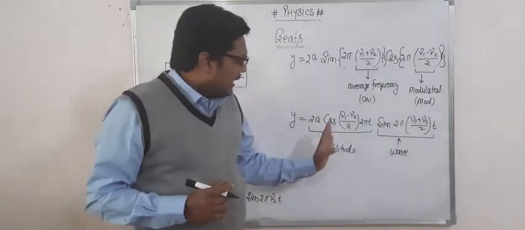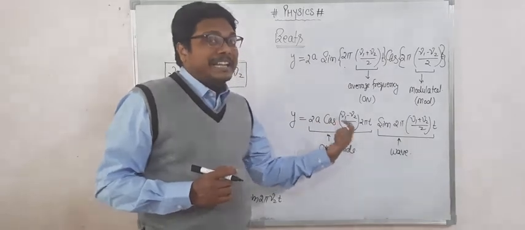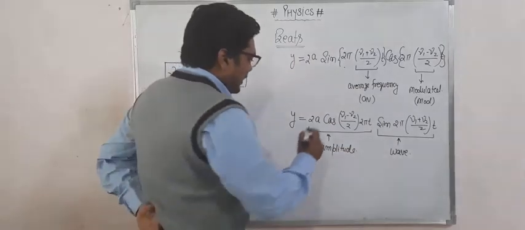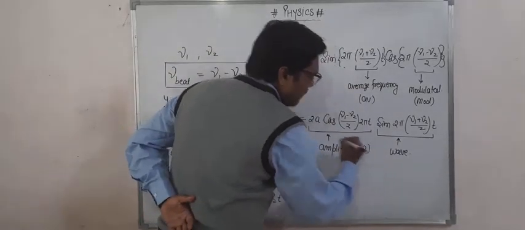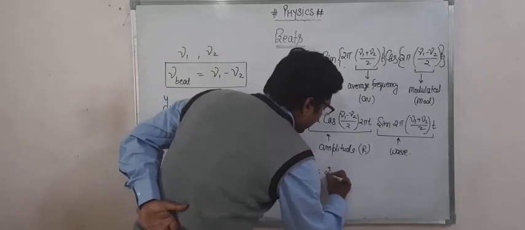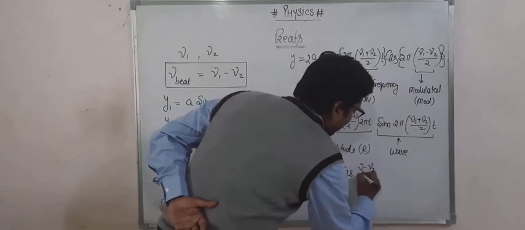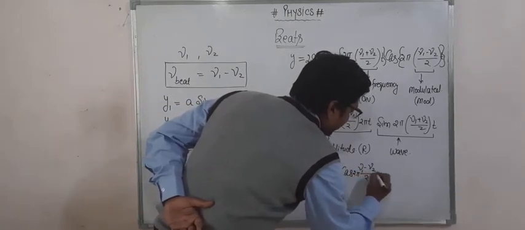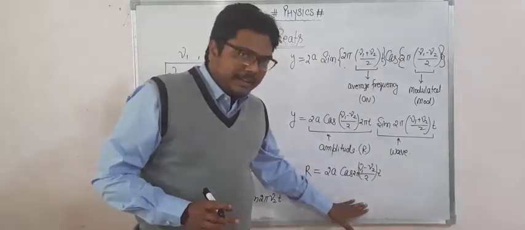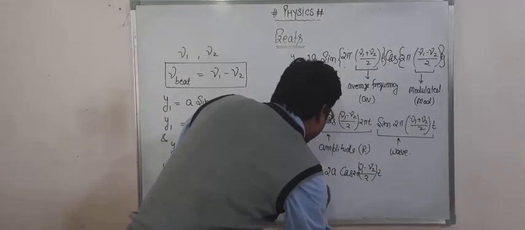From the amplitude factor, very clearly you can calculate the resulting amplitude when the amplitude is maximum and when it is minimum. So let us suppose it is R, the resulting amplitude. From this equation, R will be 2a cos of (nu1 minus nu2)/2, with 2 pi and t here. Nothing special. This is all R in the angle. Clear?